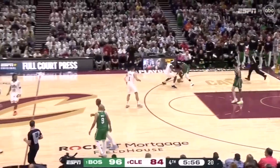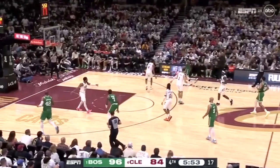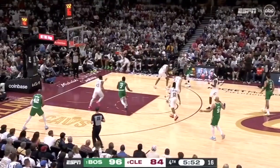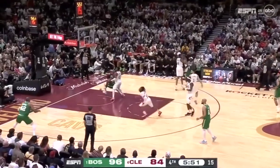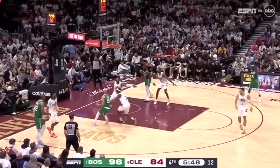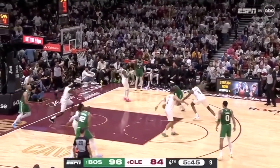And here we got Jrue Holiday coming up, Joe Mazzulla imploring him to run. Jrue Holiday sees Al Horford in the corner, but the focus here for Donovan is on Jaylen Brown. So he passes it to the corner, gets the defense into rotation. Derrick White drives, then Jrue Holiday catches it, goes at Evan Mobley, makes him fall, and he drops it off